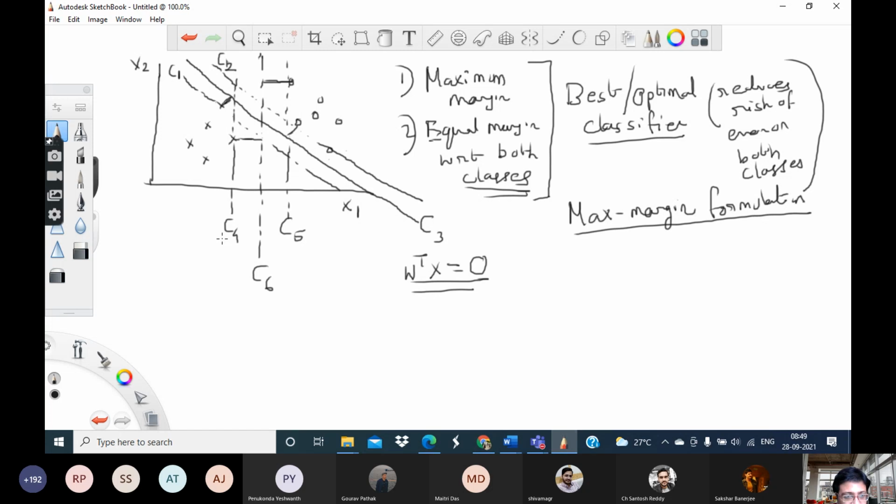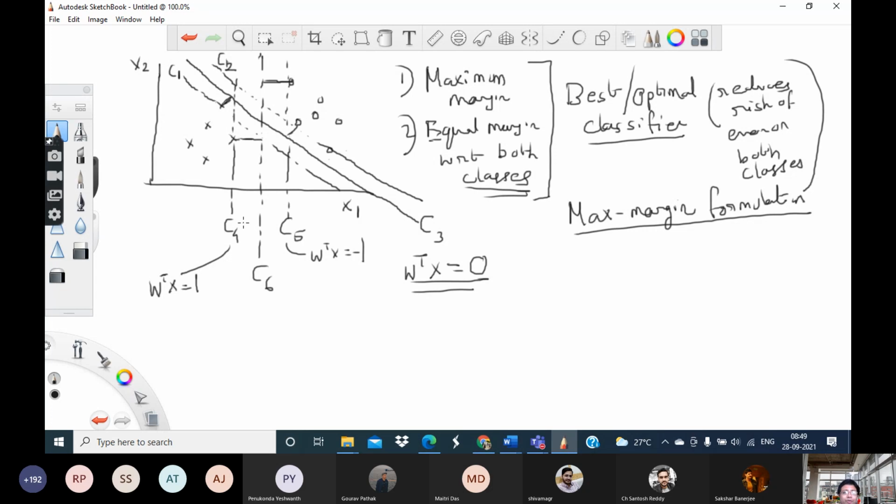So now see this, let me call this W transpose X is equal to 1, and I call this W transpose X equal to -1. You can understand that both of these are valid equations for linear structures, right? Just like we do in coordinate geometry. And of course, this also suggests that there is a particular distance between these two, with respect to the intercept, because one is equal to 1 and the other is equal to -1.